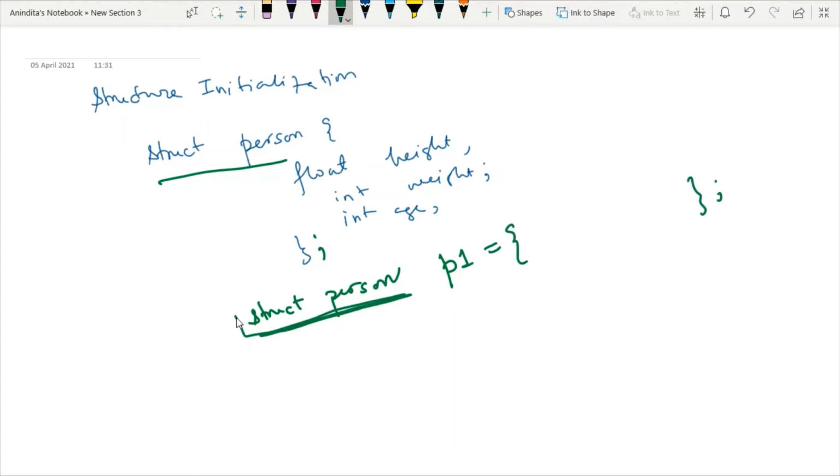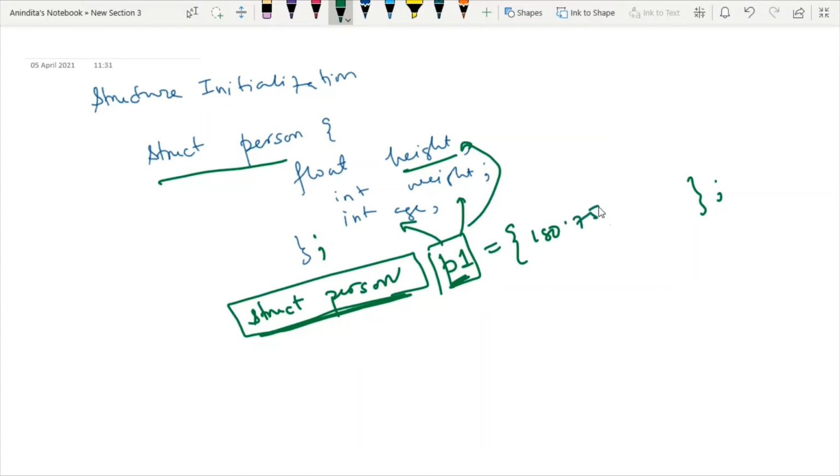Here struct person is a data type and P1 is a variable of type structure. Means P1 is having all these members of type struct person. So inside P1, first I will write the height of a person, then the weight of a person, and then the age of a person.